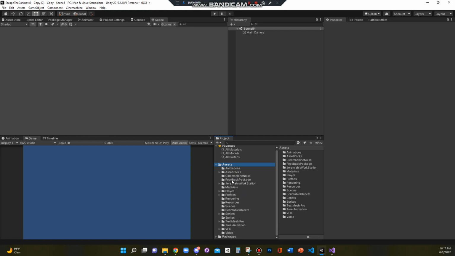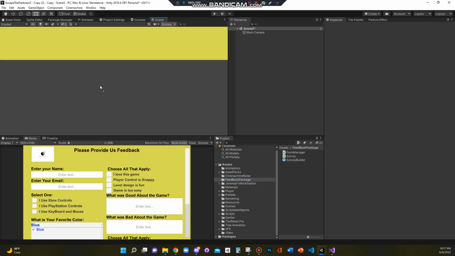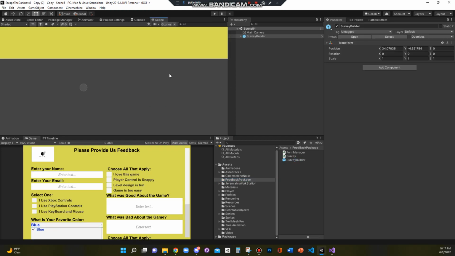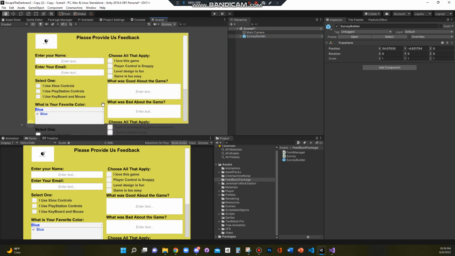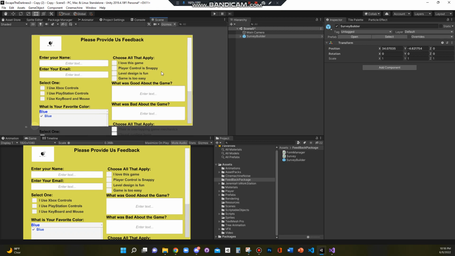Okay, now that the import has gone through, you can see here we have our folder feedback package, and if we just go into that, we can see it comes with two scripts and a prefab. So we can take our prefab here and just drag it and drop it into your screen, and you can double click on that so we can go to the UI portion, and you can see it should fit perfectly into your screen as is right out of the box if you're using a 1920 by 1080